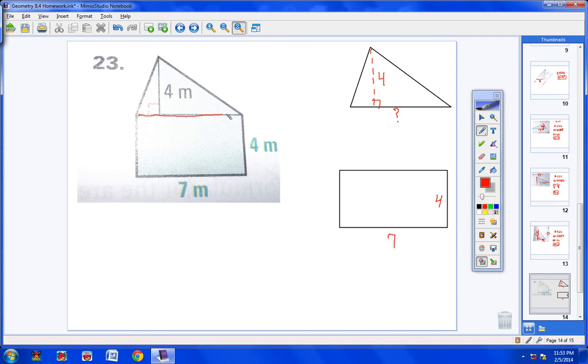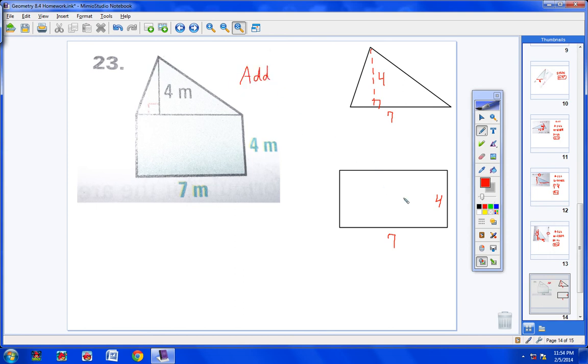This line right here has to be the same as this line right here. So if this line is 7, this line is 7, so the base of this triangle is 7. All right. Well, let's quickly find the area of the rectangle. We're going to find the area of both of these, and then we're going to add the two areas